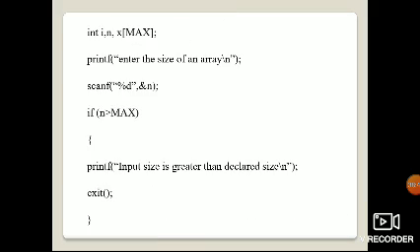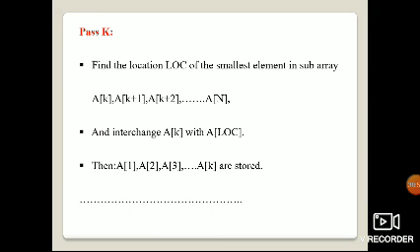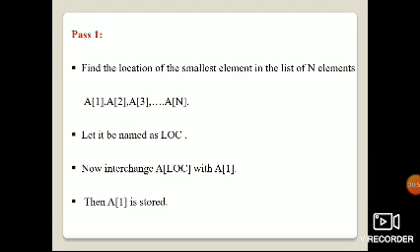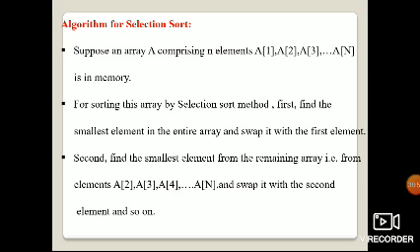And this is our program, and this is our algorithm steps. However many arrays we are taking, that much memory will be allocated at compile time only. In the selection, you have to select the smallest element in the given list. And next, we exchange it with the first element, not the others, only the first element. The first pass means you exchange only the first element. If you are searching for the second element in the list, then you exchange with the second element only, not with the third and fourth, like bubble sort.